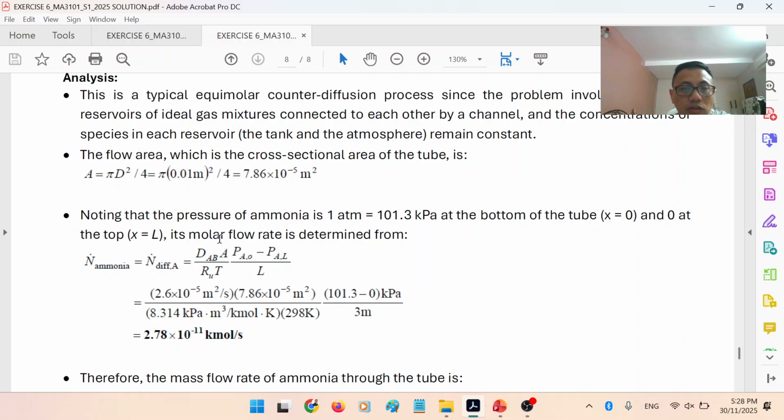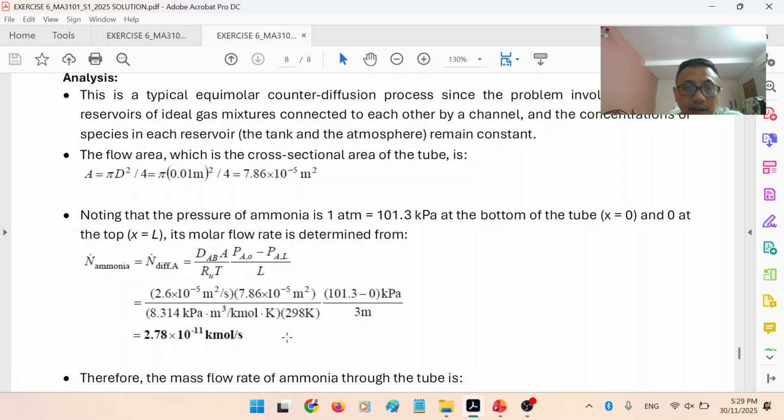We find the molar diffusion rate by substituting all the D_AB value, surface area, partial pressure difference, the gas constant times the temperature. This is the ideal gas equation. We assume it's an ideal gas. So we can use this to substitute and we get the molar flow rate or molar diffusion rate equals